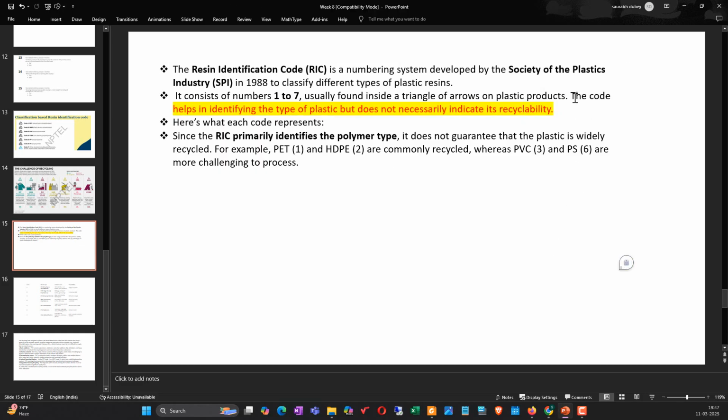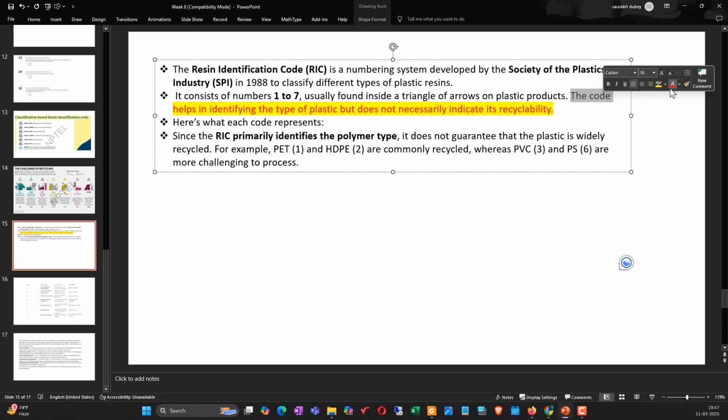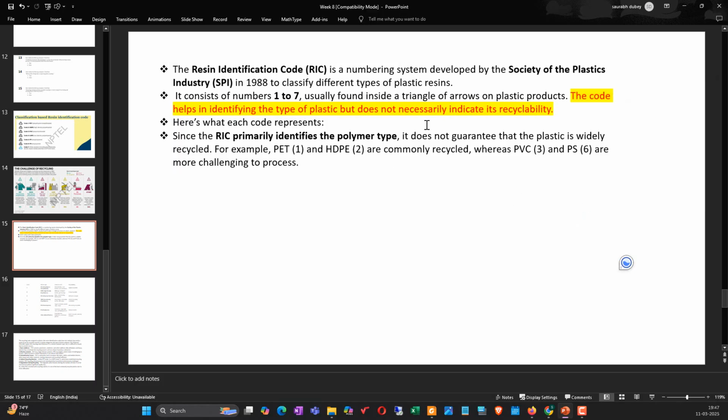Okay, so this code does not necessarily indicate the recyclability. There was the confusion. Here is what each code represents. Since the RIC,